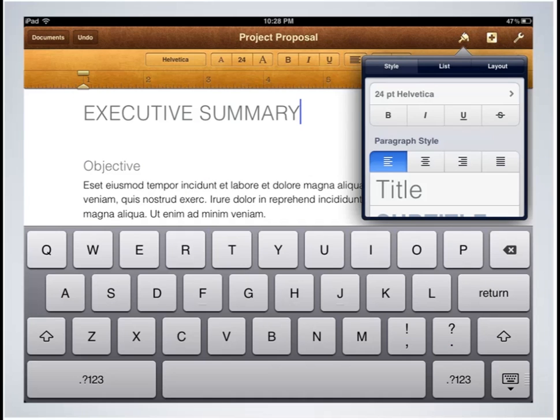Okay, so here we are now. We've selected one of those templates, the project proposal template, and we can see it says executive summary. So now that I'm in the document, I can begin to change some of the styles of the text that's in there. Again, by tapping on the paintbrush there, it brings up a sub-menu that gives us a style option as well,